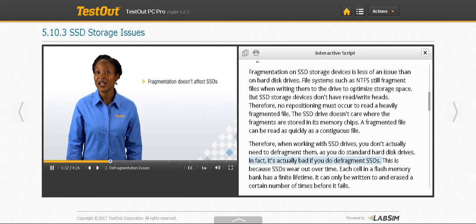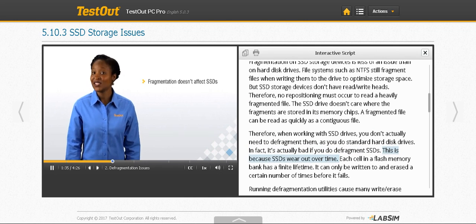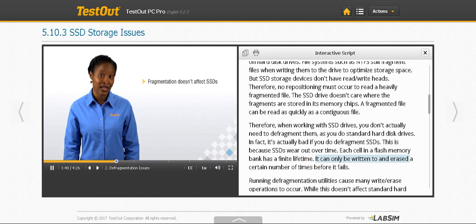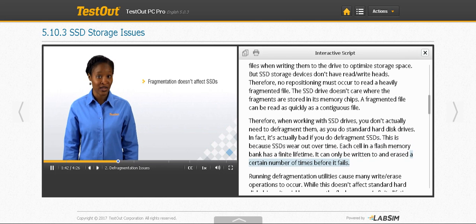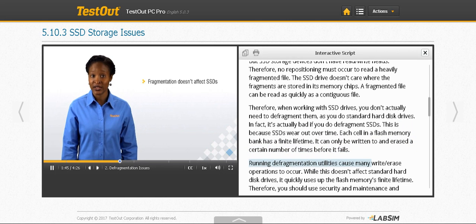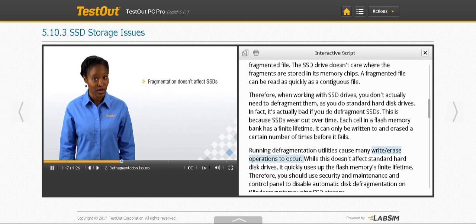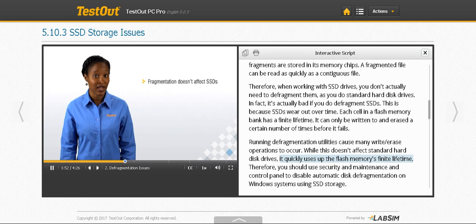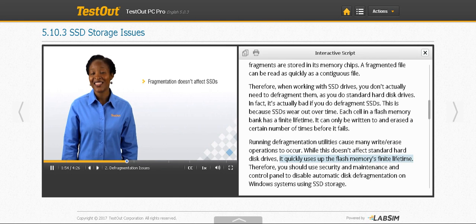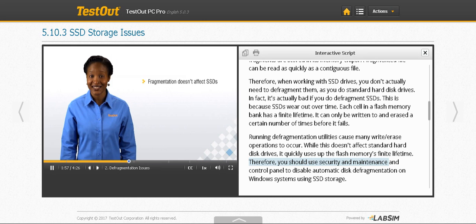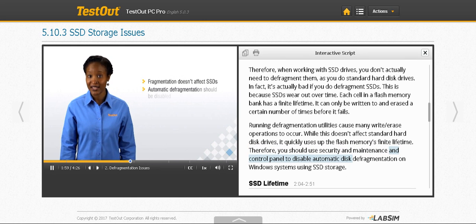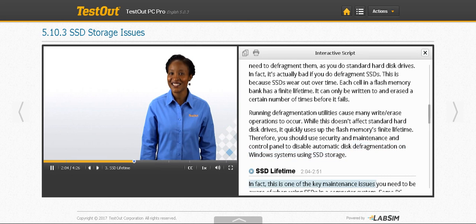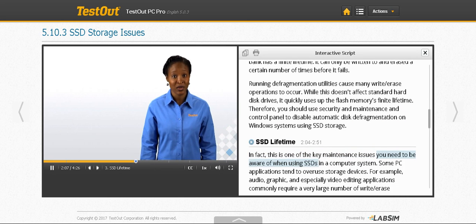This is because SSDs wear out over time. Each cell in a flash memory bank has a finite lifetime. It can only be written to and erased a certain number of times before it fails. Running defragmentation utilities causes many write-erase operations to occur. While this doesn't affect standard hard disk drives, it quickly uses up the flash memory's finite lifetime. Therefore, you should use Security and Maintenance in Control Panel to disable automatic disk defragmentation on Windows systems using SSD storage. In fact, this is one of the key maintenance issues you need to be aware of when using SSDs